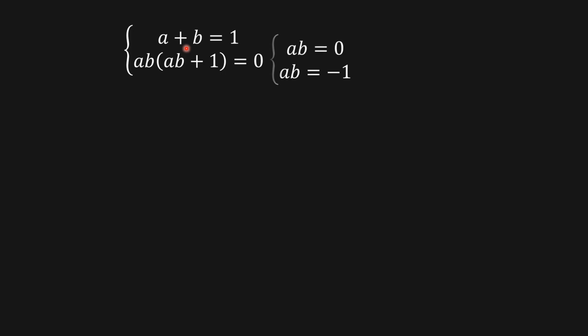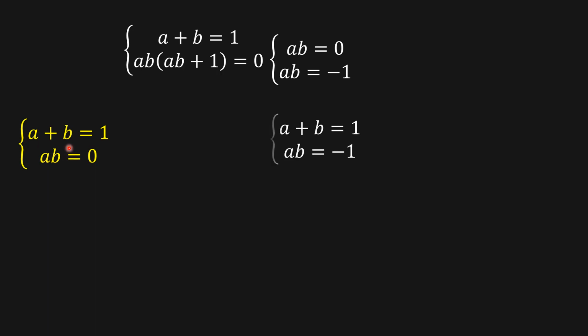And then from here we have that ab is equal to 0 and ab here is equal to negative 1, right? So from here we're going to have two other systems of equations. The first one is this one where ab is equal to 0, and the second one is this one where ab is equal to negative 1 as well. I'm going to leave this one for the end, and then I'm going to solve this one here. So from here we're going to have then